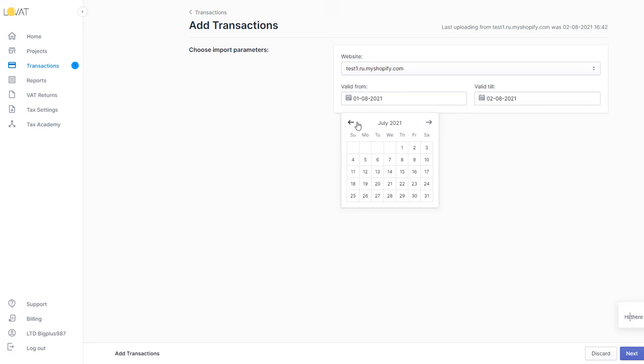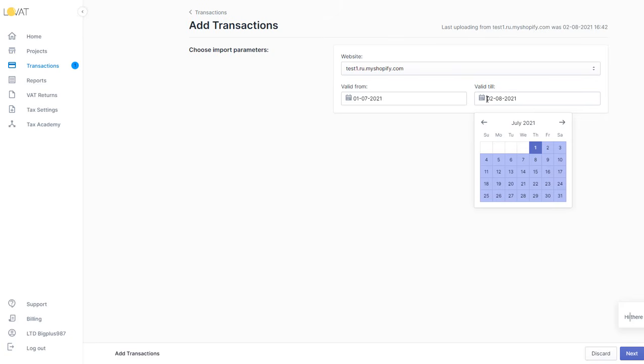The IOSS returns are filed on a monthly basis, so you can select one month as a reporting period to upload your transactions. As an example, right now it's August and we need to file our IOSS return for July. Thus we are selecting the July period. And then just click Next. And you can load